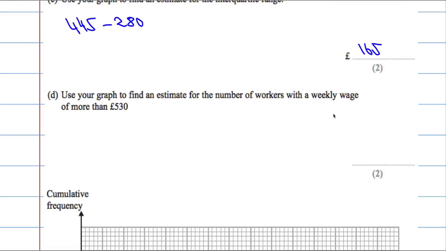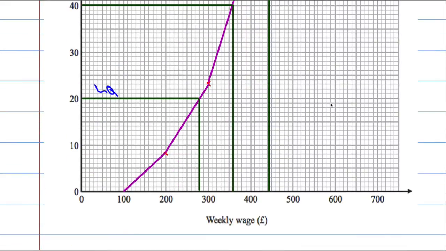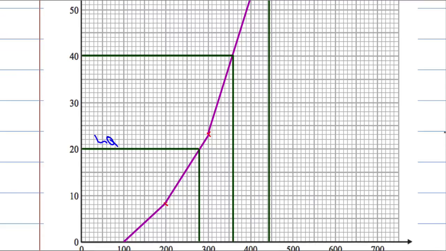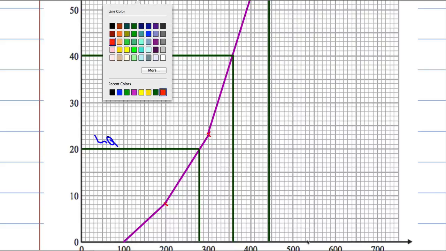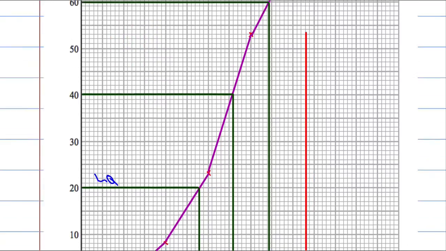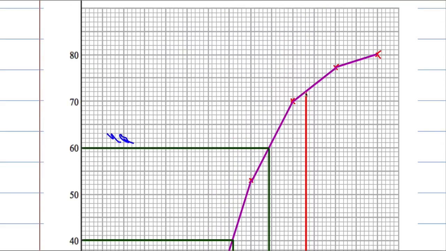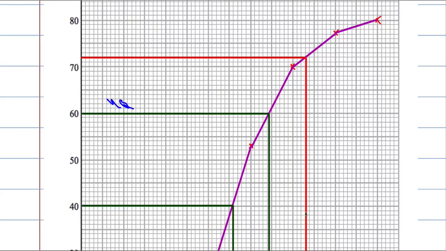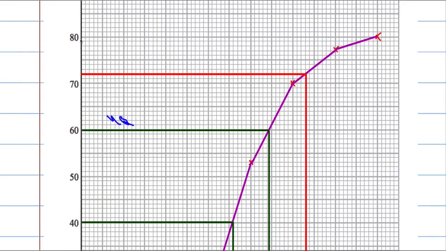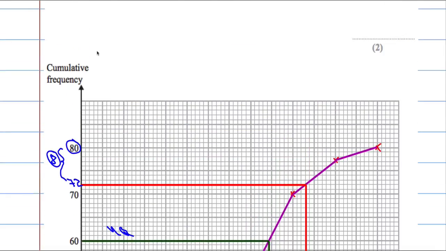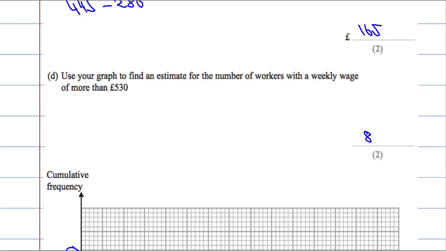Okay, and then finally, use your graph to find an estimate for the number of workers with a weekly wage of more than £530. So what we need to do is go to £530. Let's use a different color for this line. Let's go red. So £530, which would be here. So you read up, and it hits the graph here and across. Now that means there would be 72 people who were up to 530. But we want more than 530, which is the difference between the total amount of people and this value here, which is 72. So there's about 8 people who were more than 530. So 8 people. Okay,